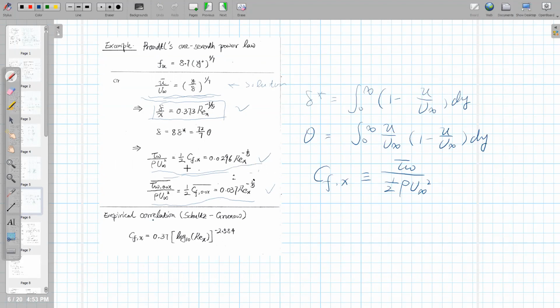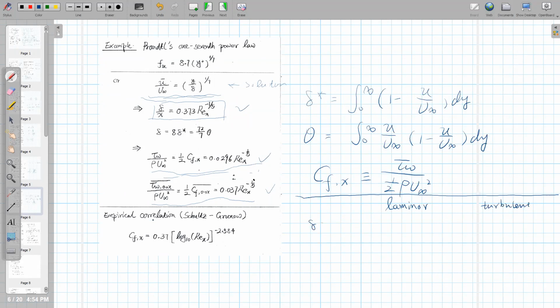And then after you get this local value, you can integrate on x, from 0 to x, or 0 to L, and you can get the average value for the wall friction, okay? So important things. If you write these 3 things, okay? Let me write something to compare, okay? So in the laminar cases, and in the turbulent cases,